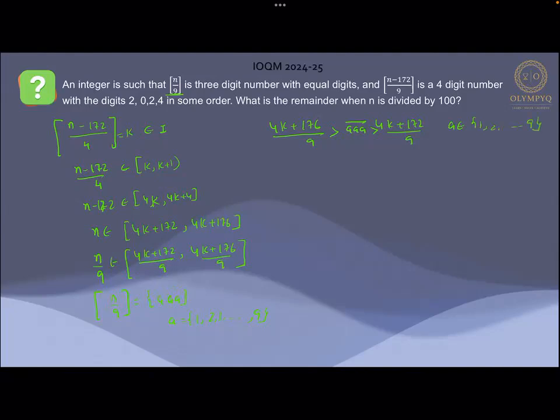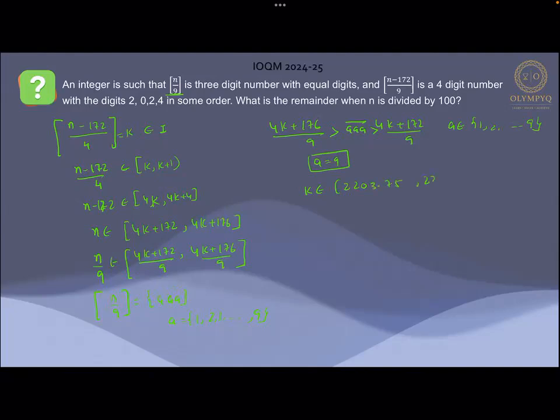Now we can substitute the value of a as 9. Once we substitute a as 9, then the interval for k which we are going to check